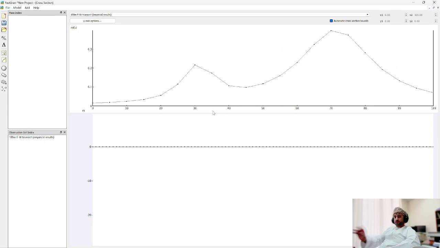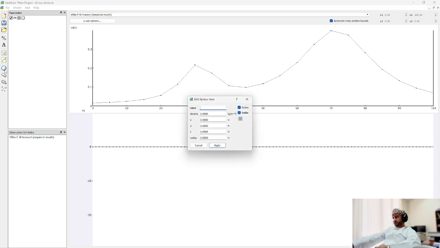So I need to create two bodies. One of them is a sphere, the other one is a cylinder, and manipulate them in a way to get their gravity response from these two bodies, and the response should match the observed field data. So let's see how we create bodies. It's very simple. You just go a bit down. You can add a sphere. The first icon is simply the possibility of adding a sphere. Let's click it and give it a simple name, sphere,